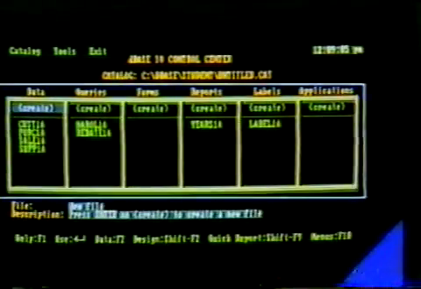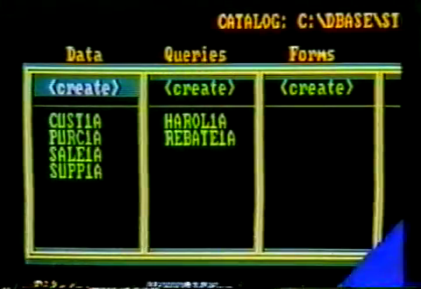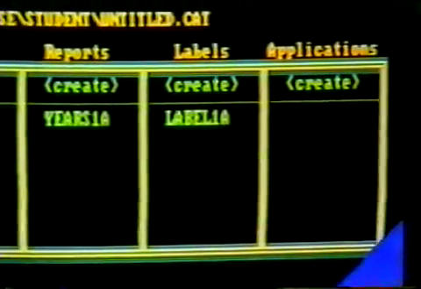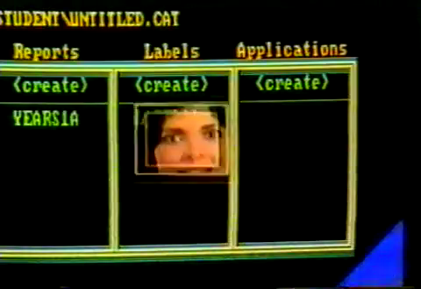Below the catalog, we see one large rectangular area that has been divided into 6 smaller boxes or panels, each with a different heading: Data, Queries, Forms, Reports, Labels, and Applications. These are the 6 different types of files DBase uses to store, organize, and print information, and these panels are the heart of the control center. Each panel can contain up to 200 files. Let's explore them,